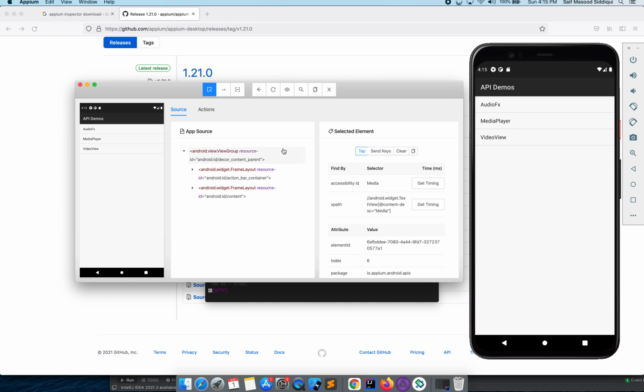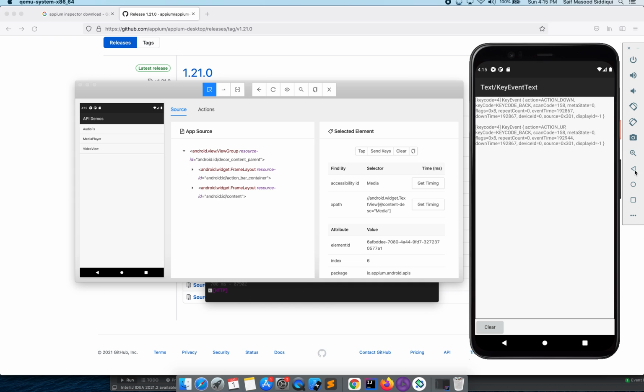Now for send keys, suppose there is any text box, let me find any text box. Say for example I want to send keys. Okay, it is not a send keys.